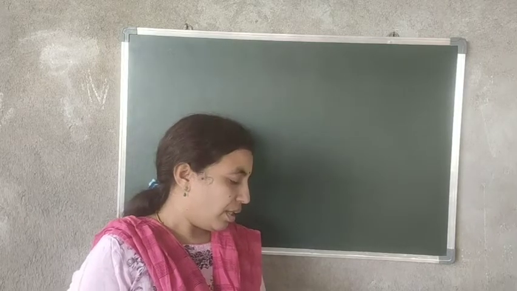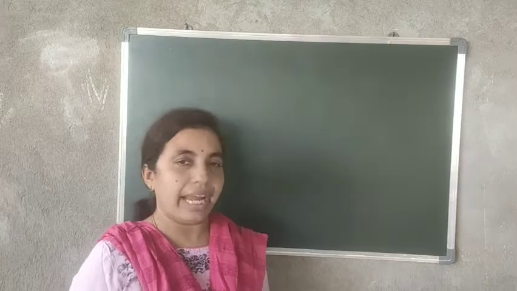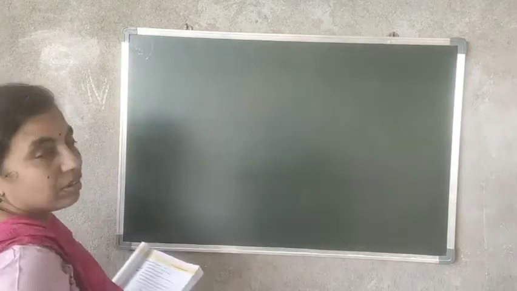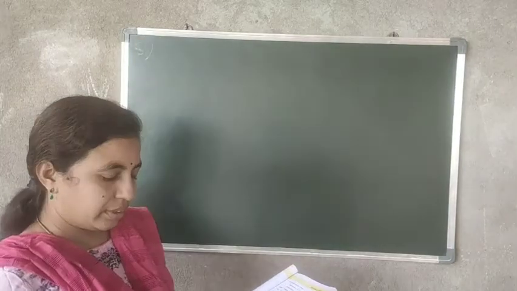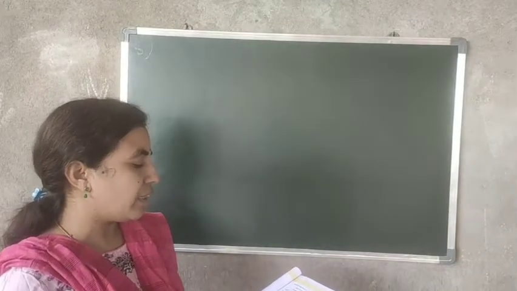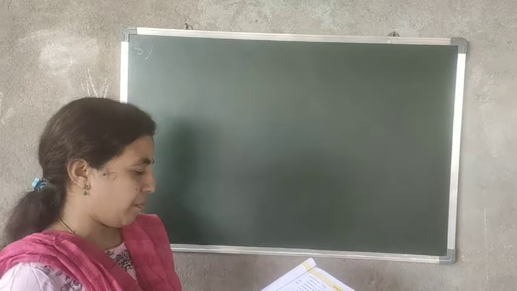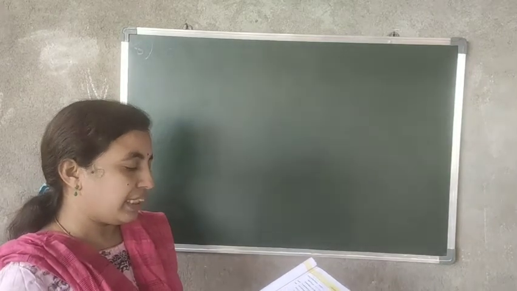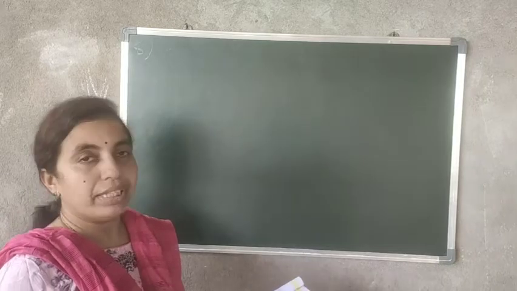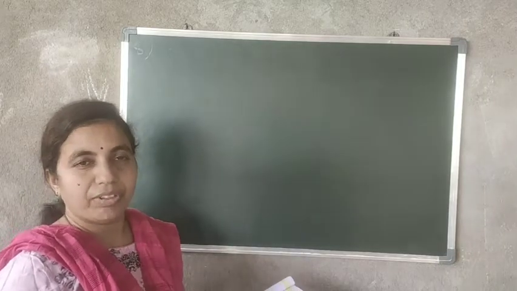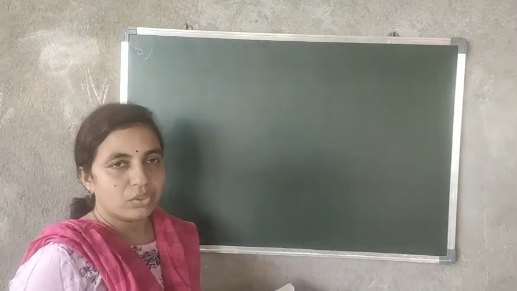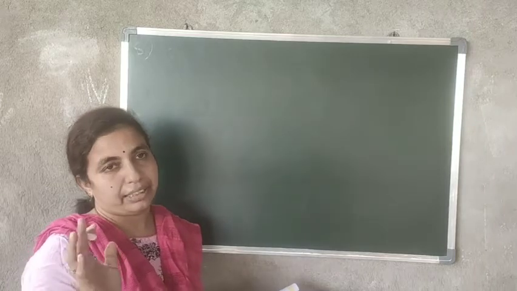Now I'll explain example 8. You already have textbooks now, just see in the textbook. The present age of Vijaya's mother is 4 times the present age of Vijaya. That means her mother's age. We don't know the present age of Vijaya, so let us consider it as X.